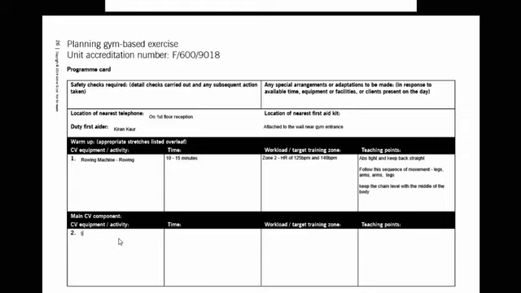So I'm going to put the static bike, and we're going to be cycling because that's what my client wants to do. This is the main cardio, so it's going to be for 45 minutes. You might do half an hour, you might do an hour, probably go maybe 25 minutes absolute minimum, but choose what you want to put on there.